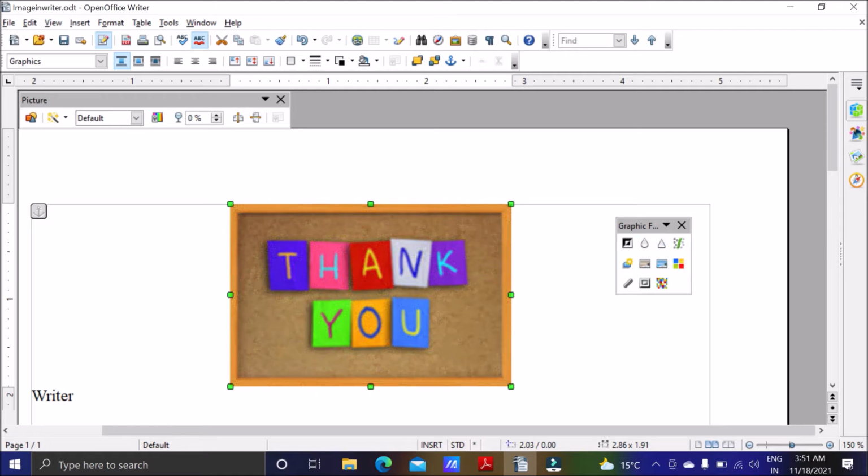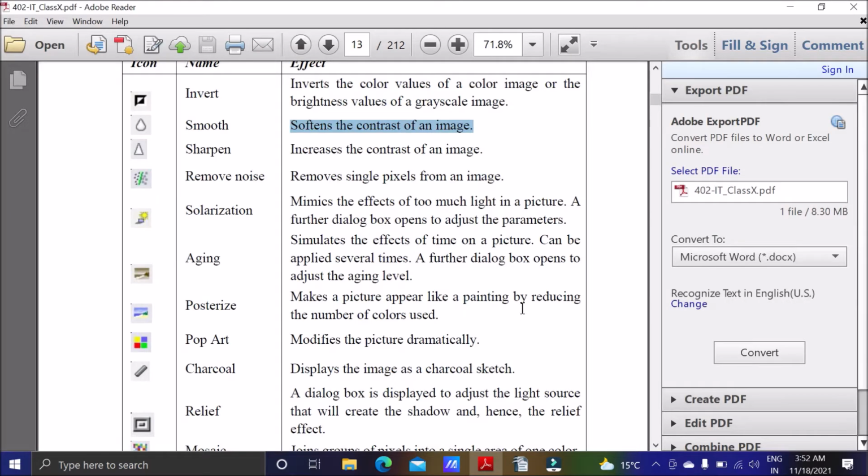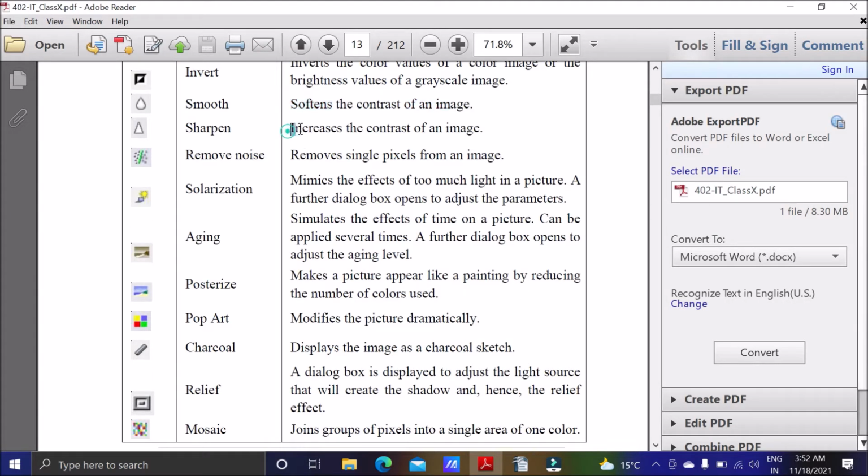Let's undo our action and move to the same picture which we had. This will smoothen the image, means decrease the contrast. This will sharpen the image, means increase the contrast.